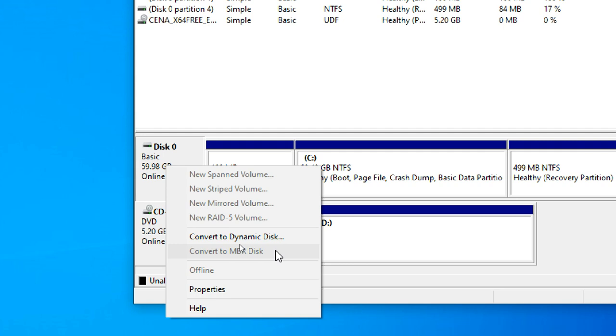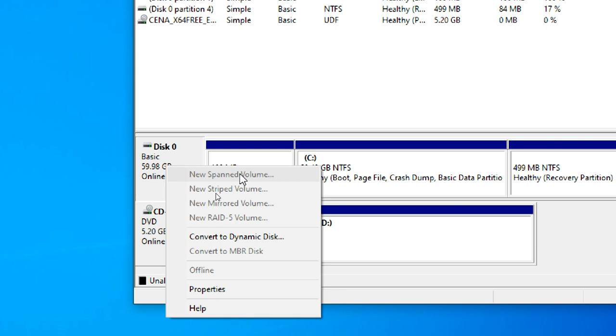If you want to convert into a dynamic disk, you can convert it, but it is very dangerous, mainly if your disk has the operating system and other things. It may give you some problems later. Only do dynamic disk conversion when we are doing RAID, like if you want to go with spanned volume, striped volume, mirror volume, RAID 5 kind of stuff, then we need a dynamic disk.